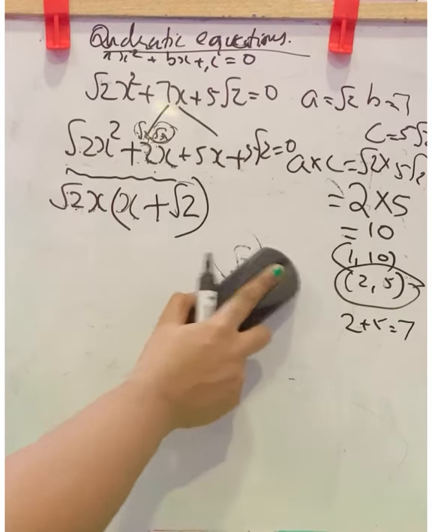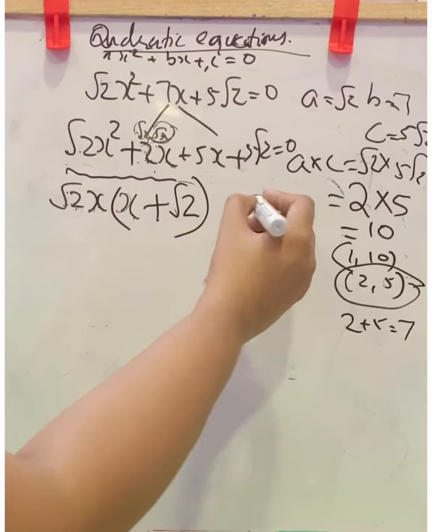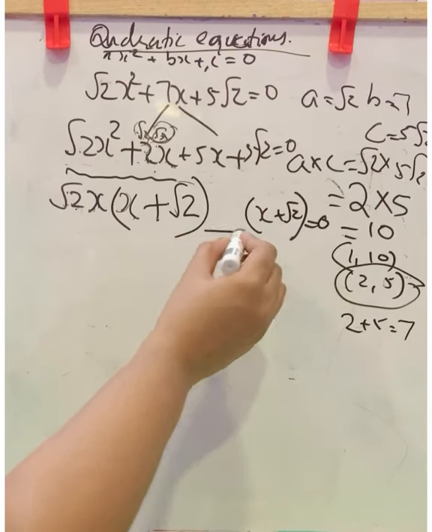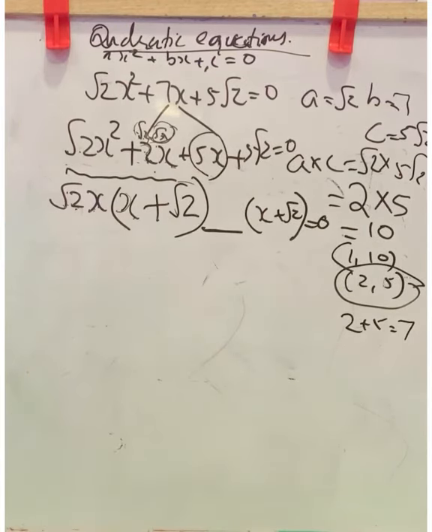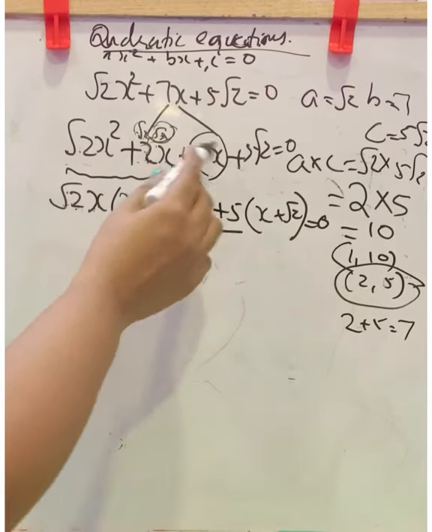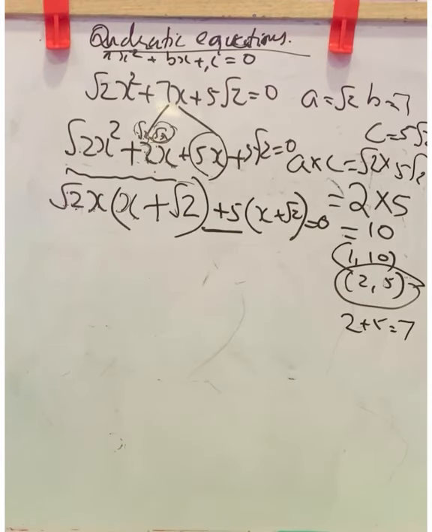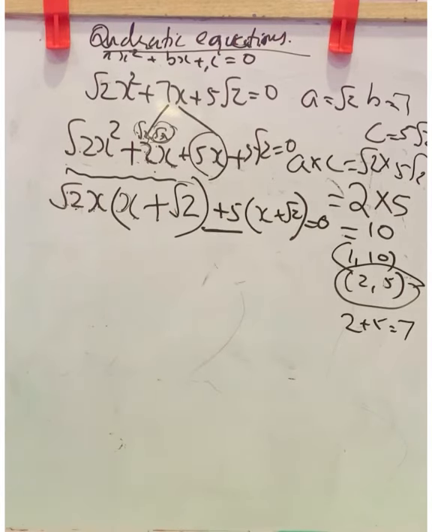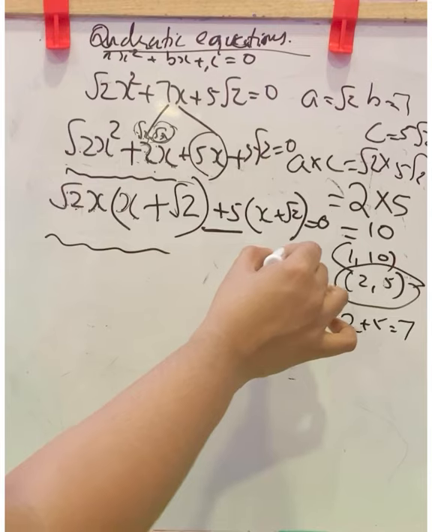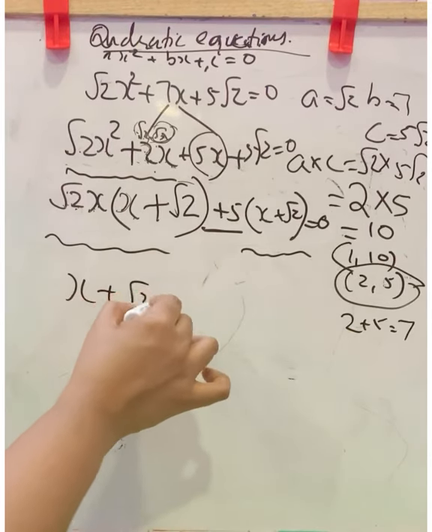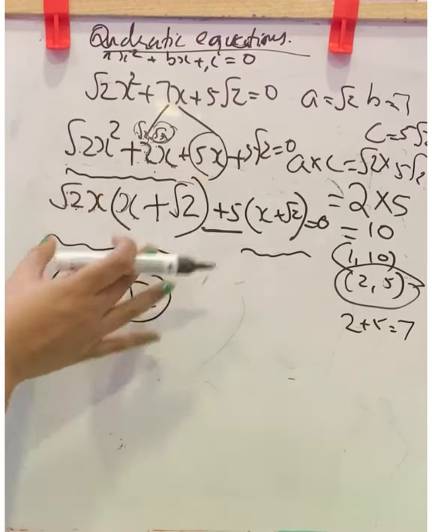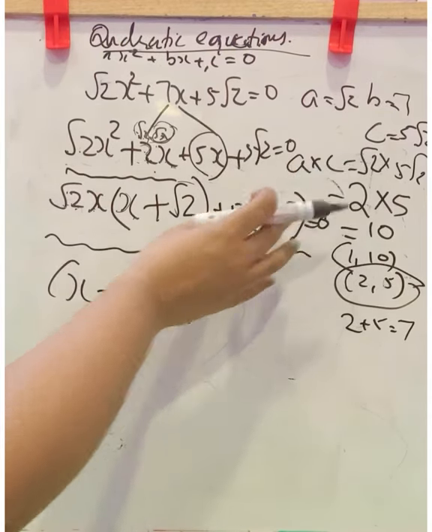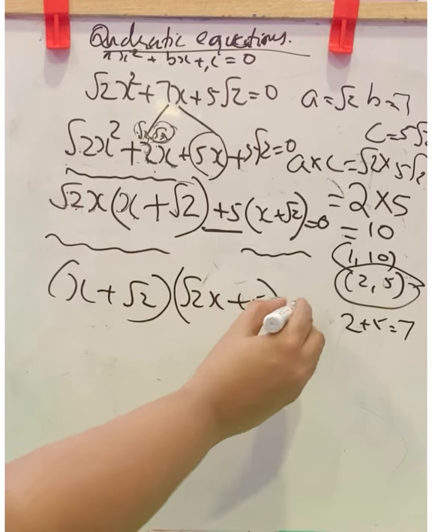Now next step is you have to write the bracket here. X plus root 2. Close the bracket, equal to 0. Here dash into x, this third term. Plus 5 into x is plus 5x. Now check whether it is correct for last term. Plus 5 into root 2, 5 root 2. Yes. Now from this term and this term, we have the bracket common, x plus root 2. Here x plus root 2 taken, balance will be root 2x. Here x plus root 2 taken, balance will be plus 5 equal to 0.